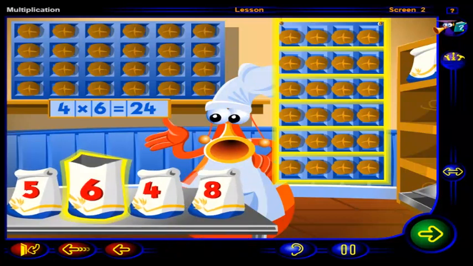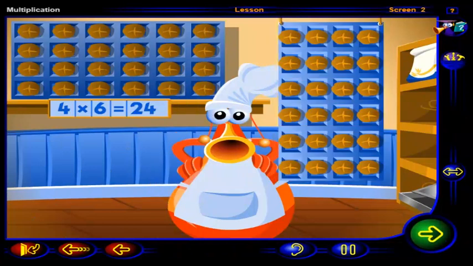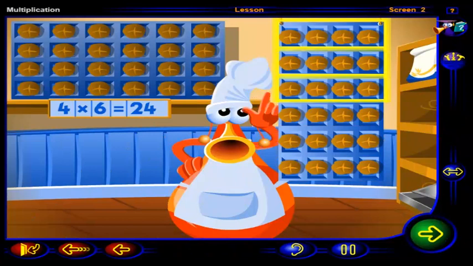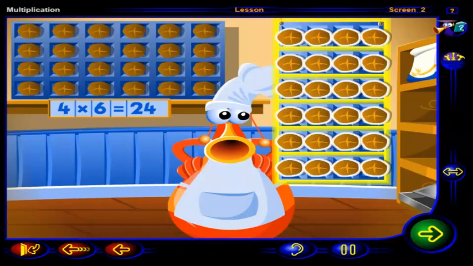That's right. There are 6 rows. There are 1, 2, 3, 4, 5, 6 rows with 1, 2, 3, 4 cupcakes in each row. So we can write this as,